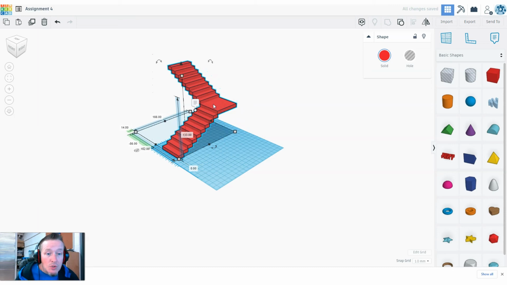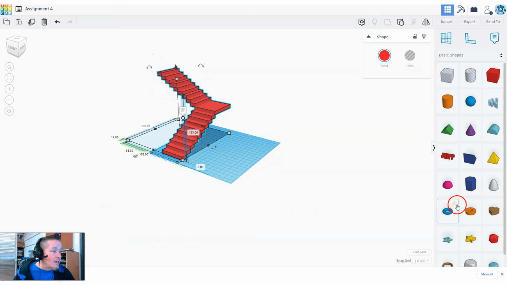Now what I want you to do in terms of my class and in terms of the assignment is create a duplicate of something else. I want some sort of shape. You can do it in circles. You can do it side by side. Like if you watch,